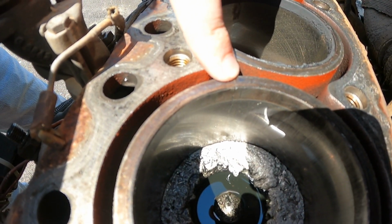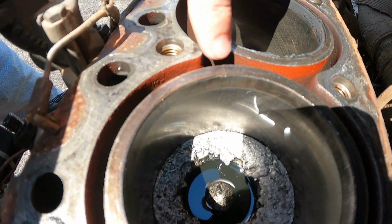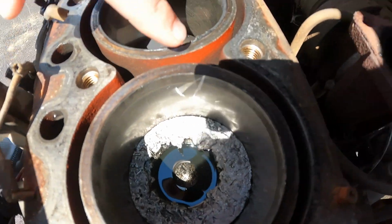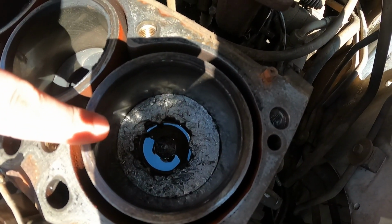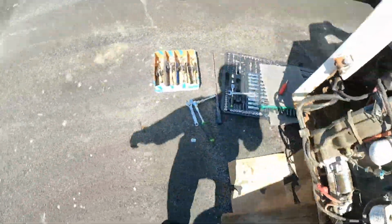So I'm going to need to do some research. If anybody out there knows if this is repairable by sleeving, put it down there in the comments. So we know that this piston is definitely hammered, needs a sleeve and a piston for sure. And then on the head,